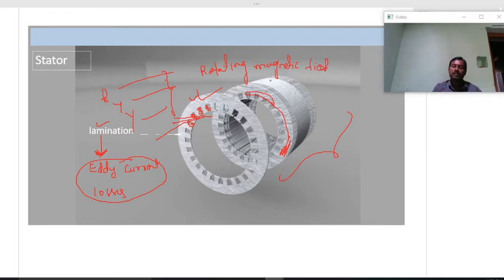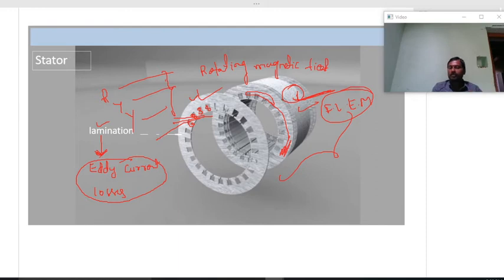The rotating magnetic field circulates in the air gap and links with the stator, so some induced EMF is experienced in the stator. Because this is a conducting material, if flux cuts the stationary conductors, according to Faraday's laws of electromagnetic induction, EMF will be induced inside the stator core, and due to that induced EMF, some current will circulate inside the